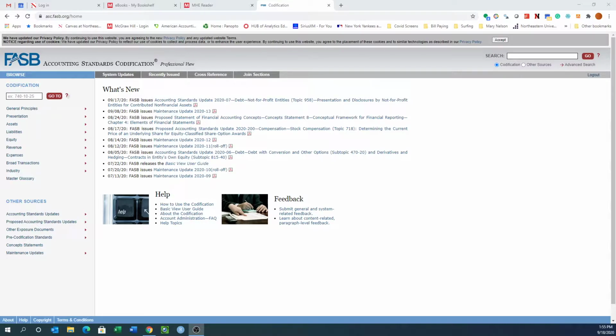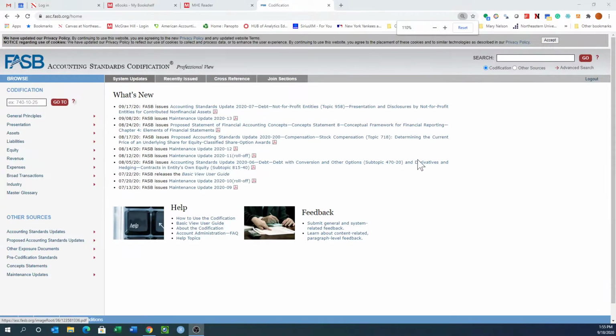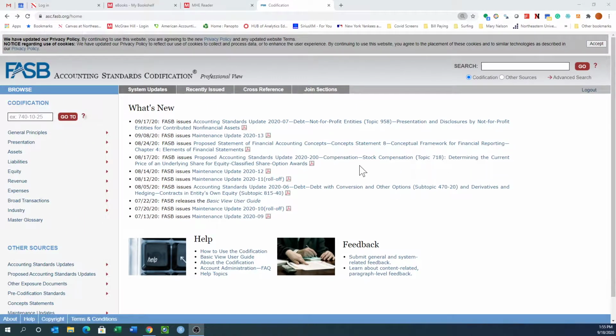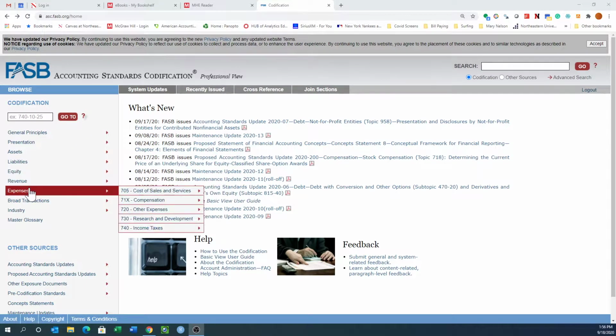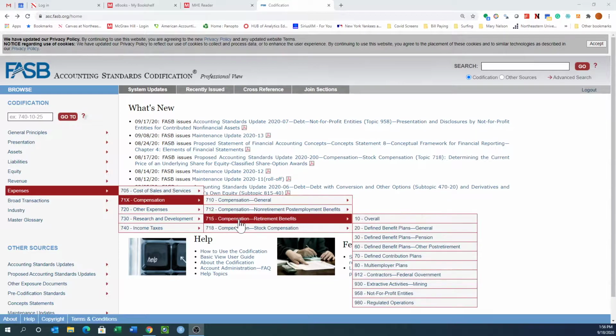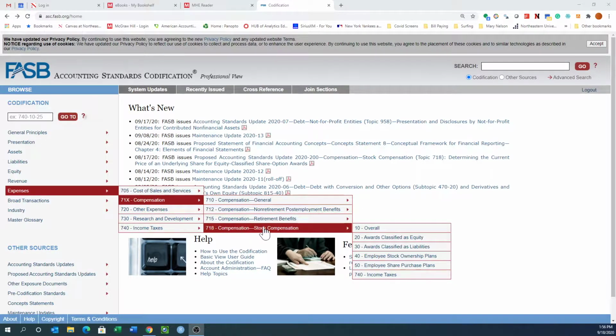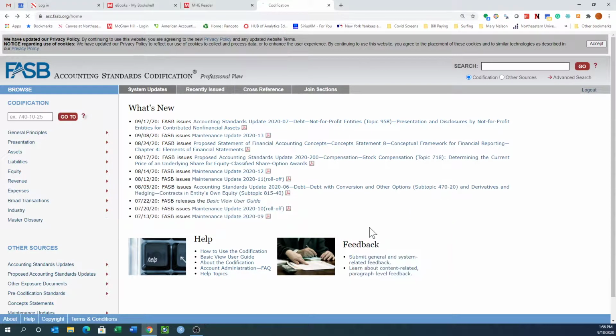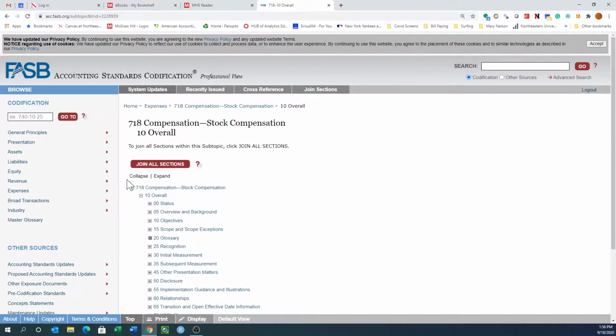Well, what we want to do is, again, take a look at the codification, and let me make this a little bit bigger just so we can see it better. And again, we're in expenses, we're looking at compensation, and we're looking at stock compensation. Let's take a look at the overall. This is really where we want to spend our time. Yes, status, overview, objectives, scope exceptions, but let's take a look at the recognition. So we're in